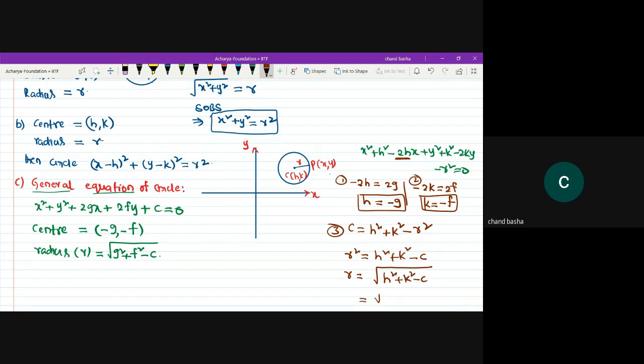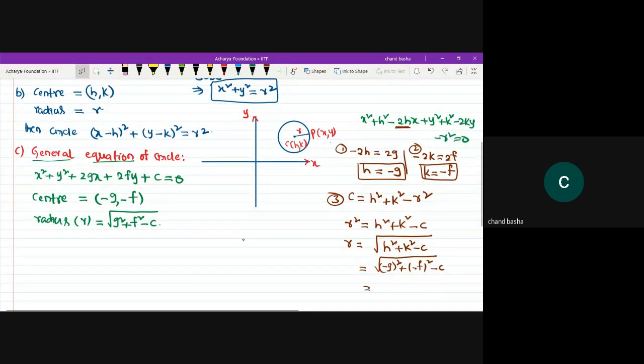The proof is not necessary for us. The h value, what I have given to you, is minus g whole square. Only for the sake of understanding, I'm writing it. The k value is what? It is minus f whole square minus c. So from this, under the root of,